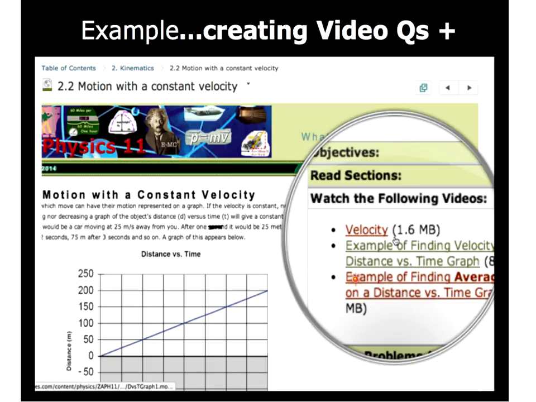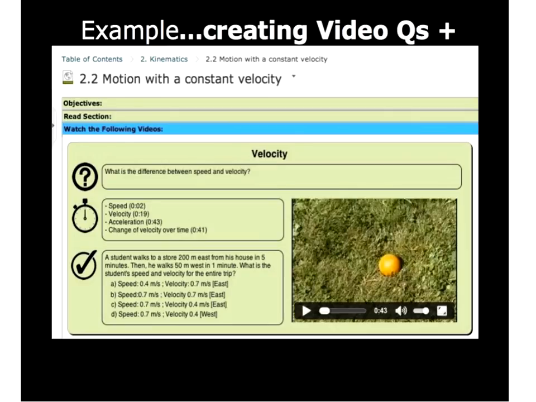So after that, I went out to YouTube and found videos that would deal with the topic on the page. So for velocity, I found videos on velocity and graphing. However, the students weren't watching the videos. Again, they were going to the assignments and just answering the questions that were good for marks. So what I did with this, next page,